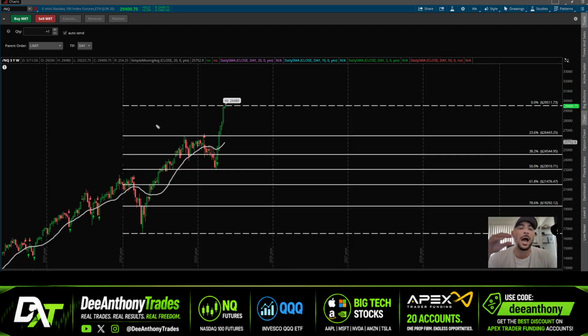So for me, how I navigate through these markets and stay a little bit calmer is I size down a lot. I give my trades a little bit more room to breathe because I understand the ranges and the volatility are a little bit deeper, a little bit bigger. So we're going to have to give these trades enough time to actually play out.